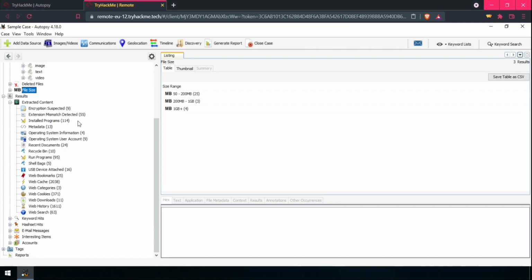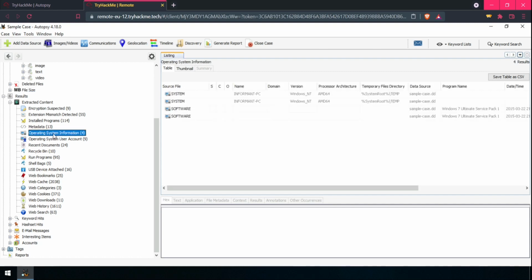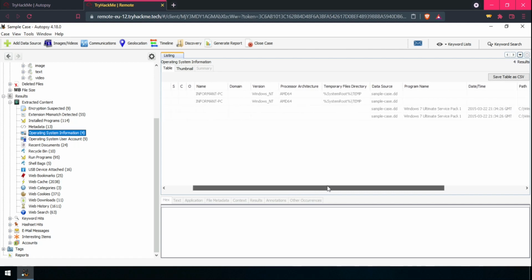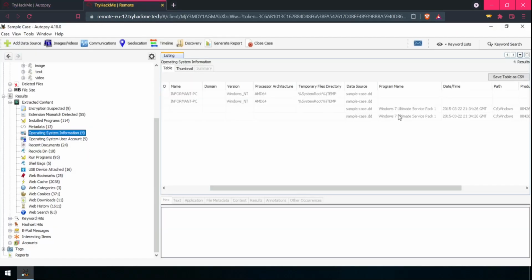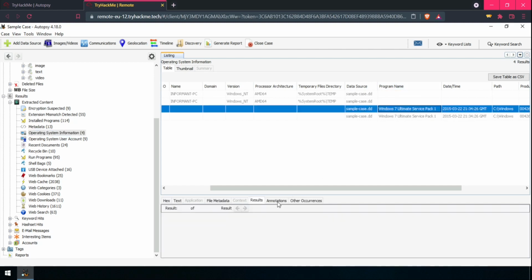So we can easily find the operating system information here. As the question asks for the full name of the operating system version, we can find it here. If we go here, we see that the program name is given as Windows 7 Ultimate Service Pack 1. That means it is the version.